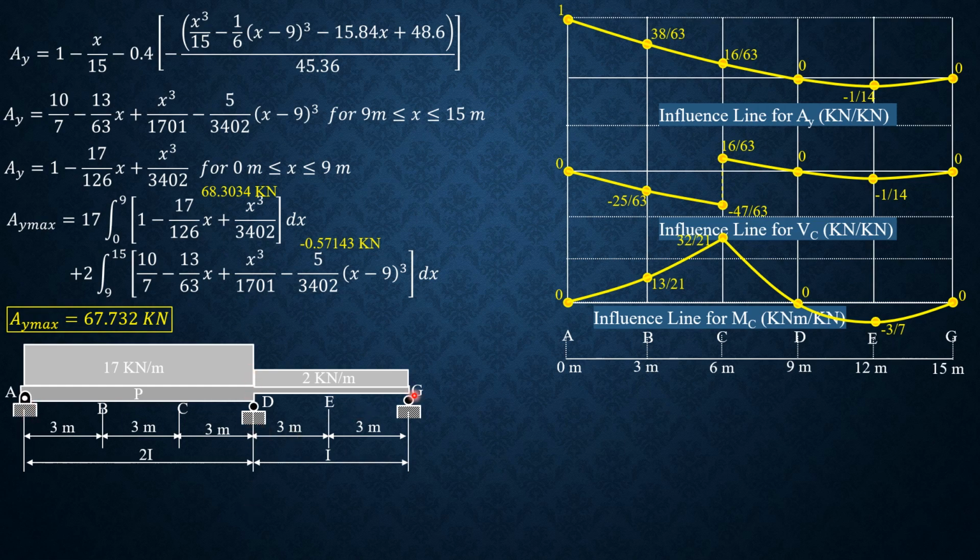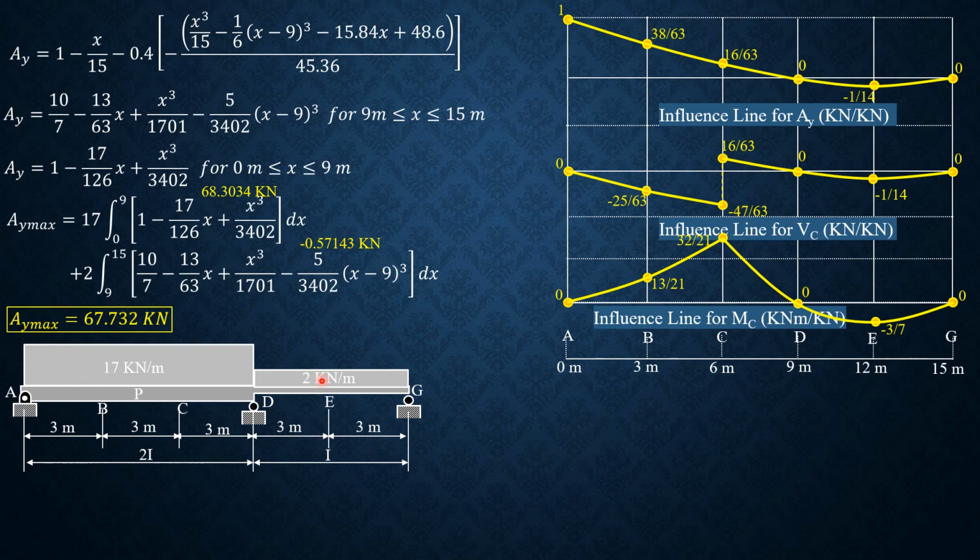Moments at A and G are all zeros. Remember the three moment equation: moment at A times L1, which is 9 over I, but moment at A is 0, so don't mind, plus 2 times moment at D times the quantity length of AD over I, which is 9 over 2, plus length of DG, which is 6 over 1, because the moment of inertia is 1, plus moment at G, which is 0 times 6, so it's just 0, plus